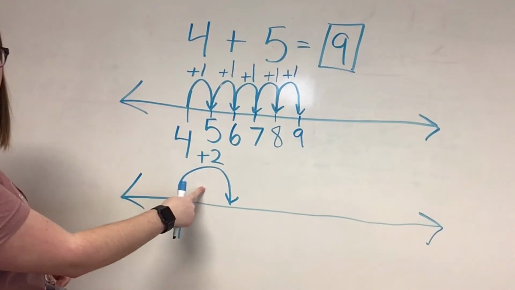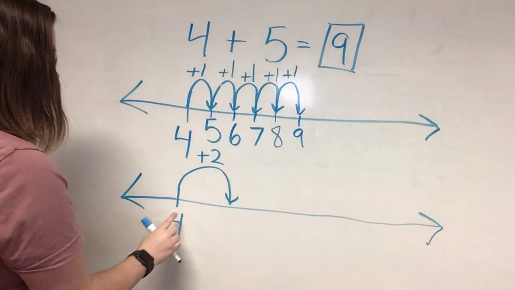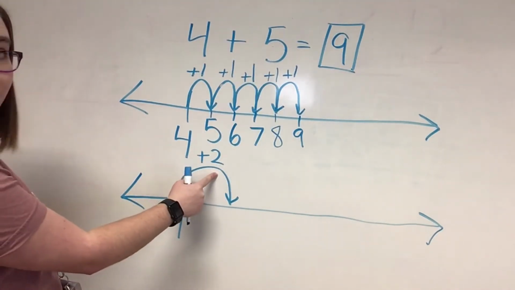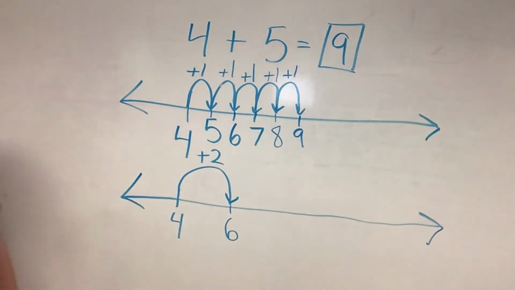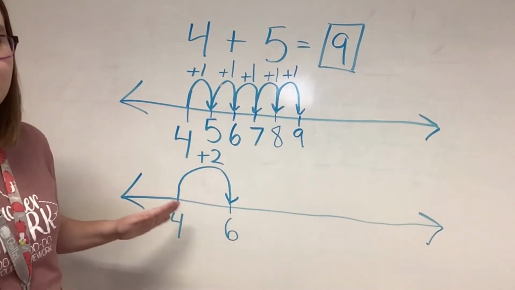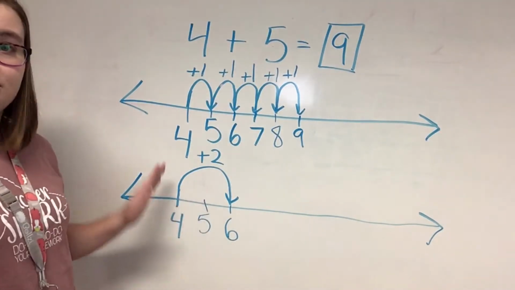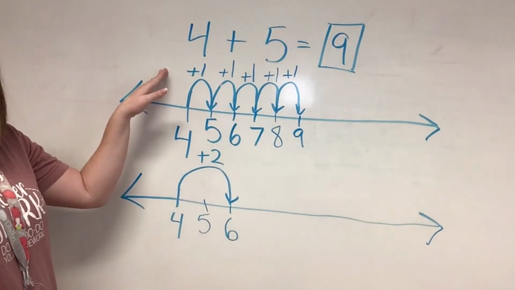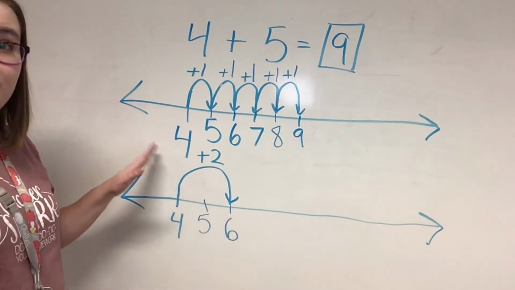Notice that my jump is twice as big. It is double as big as my 1. But I need to know that 4 plus 2 is 6. I have to know that. I also have to know that just because 5 isn't written on my number line, it's still there. I could still write 5 here, but I'm just jumping over it because I'm making a larger jump. Jumping by 1s is okay, and if you know that 4 plus 2 is 6, then you can make bigger